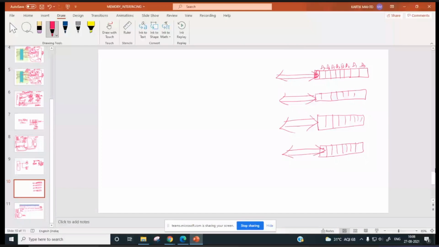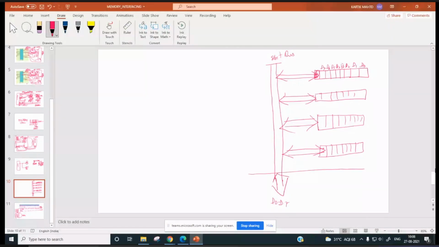And all these will be connected to a data bus. Its length is going to be 8 bits, nothing but D0 to D7.